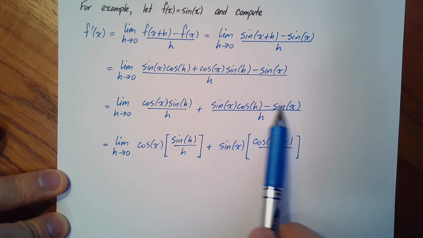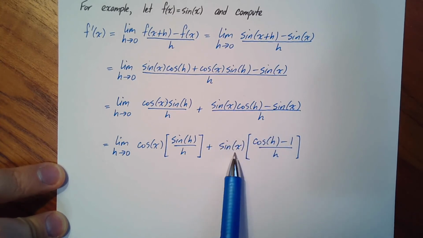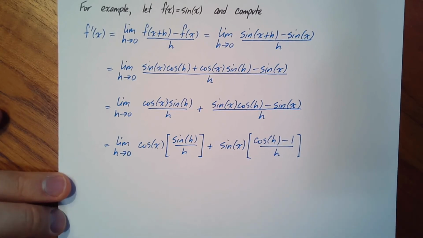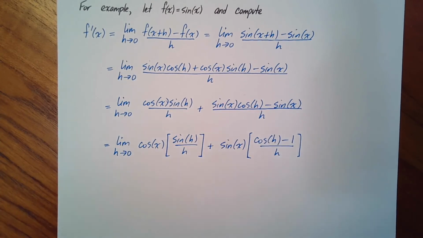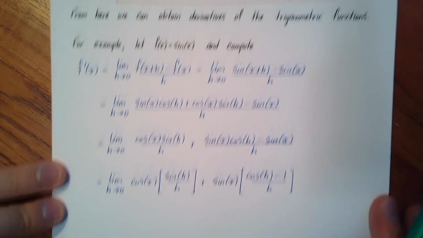This fraction here was equal to this expression, sine of x, which is independent of h, multiplied by this fraction here, which is completely independent of x. But now you might ask, why is this good? This almost looks like I'm making things worse, right? But it actually doesn't. The reason I split it up like this is so that we could take advantage